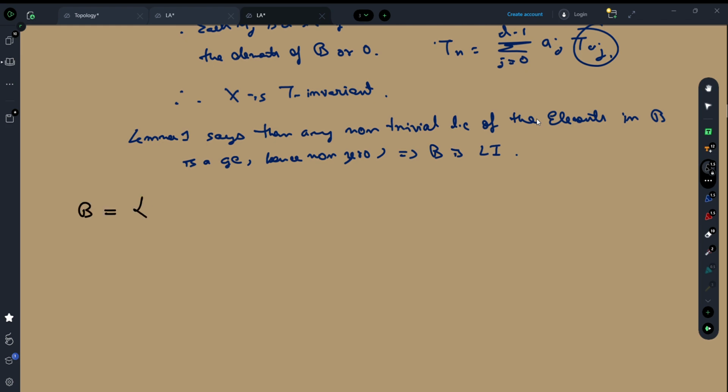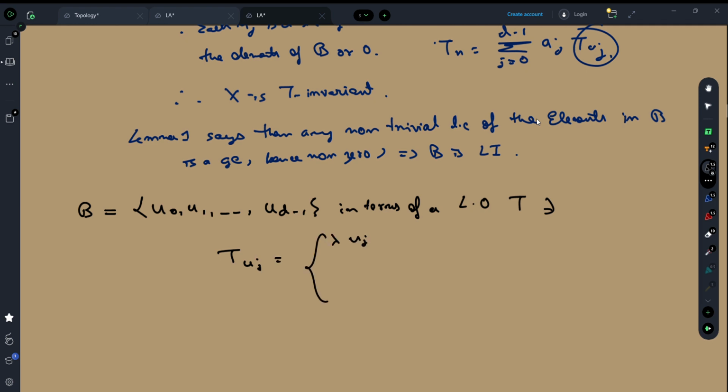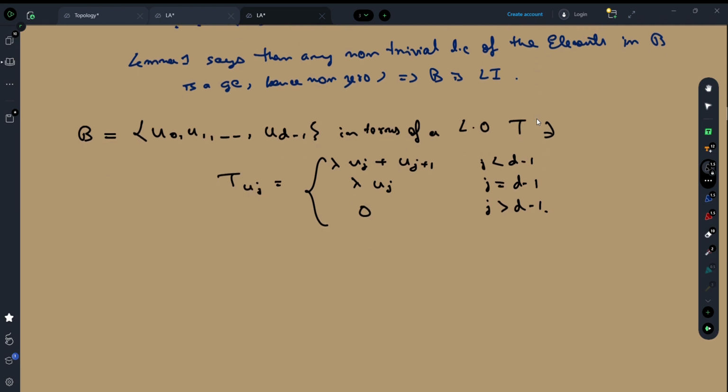We have a basis B, which is u0, u1 till u d minus 1, in terms of a linear operator T, such that T of uj is lambda uj plus 1 if j is less than d minus 1, it's lambda uj if j is equal to d minus 1, and it's 0 if j is greater than d minus 1. Now my question is,